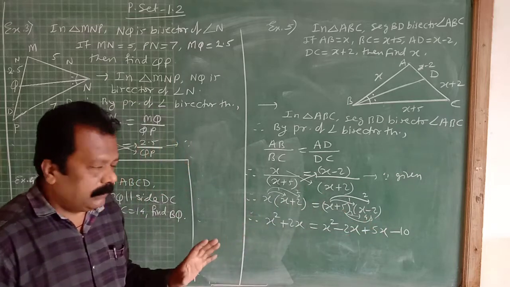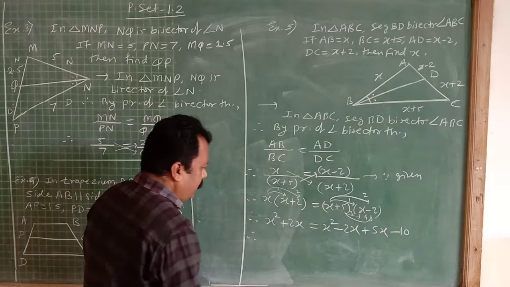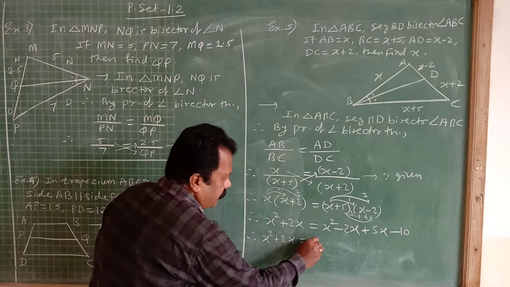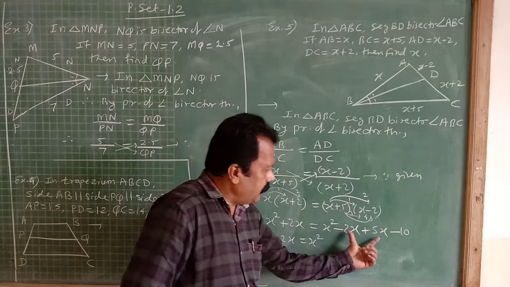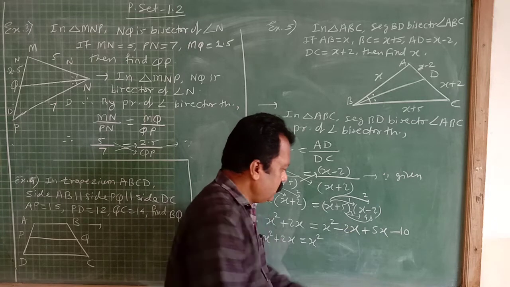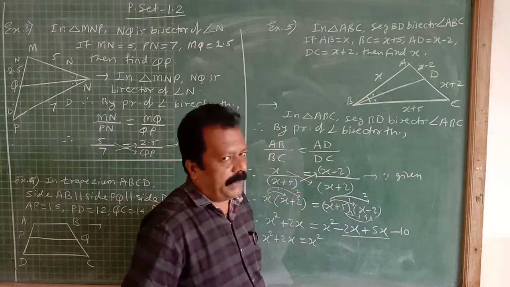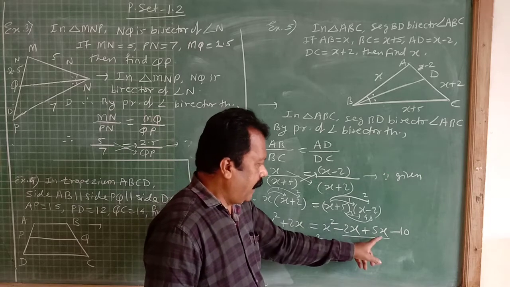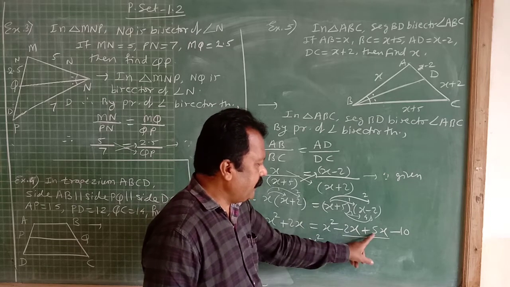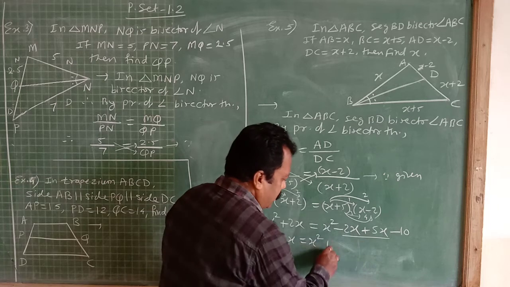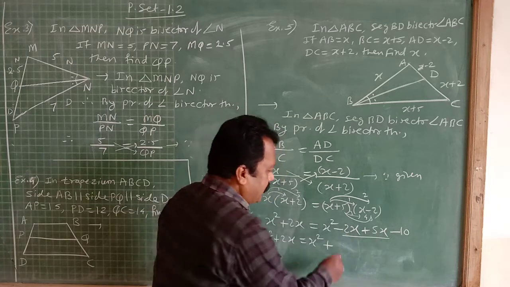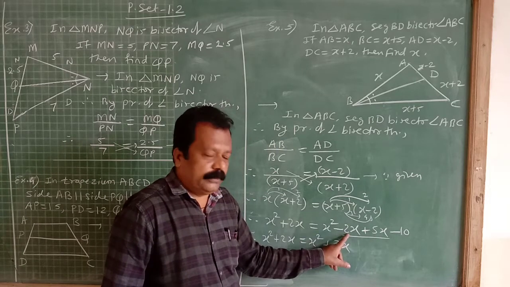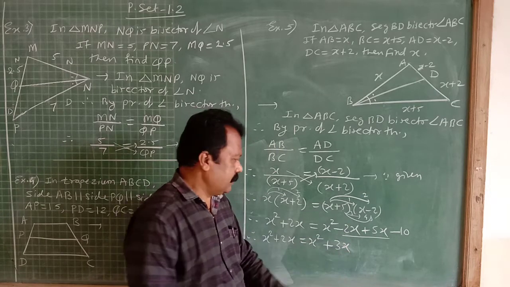Try to understand. Here remain x square plus 2x is equal to here x square. Now these are the same monomials, so we can add or subtract. Different sign we have to subtract and take the bigger number's sign. Here bigger number is 5, so plus sign is there. So plus 5x minus 2x is 3x.